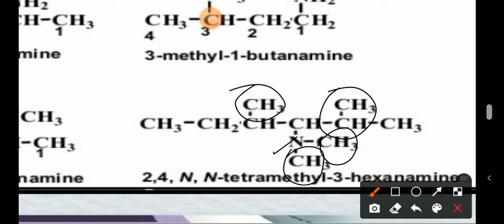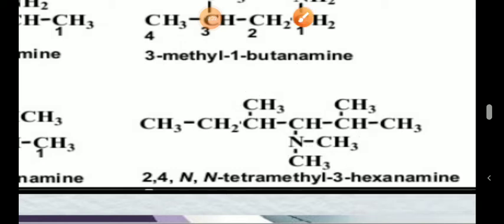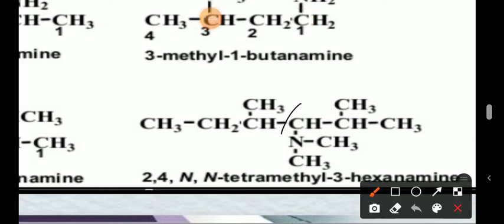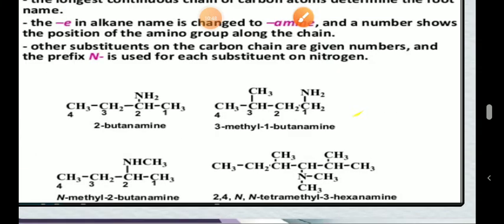First you have to mention the alkyl radicals where they are present. So it's at second, it's at 4, and it's with N. So you simply say 2,4-N, meaning your amine is 2,4-N tetramethyl 3 hexane amine. Why 3 hexane? Because if you number it 1, 2, 3 from this side, at the third carbon you have the amine group, and the chain contains 6 carbons, so you will say 2,4-N tetramethyl 3 hexane amine.